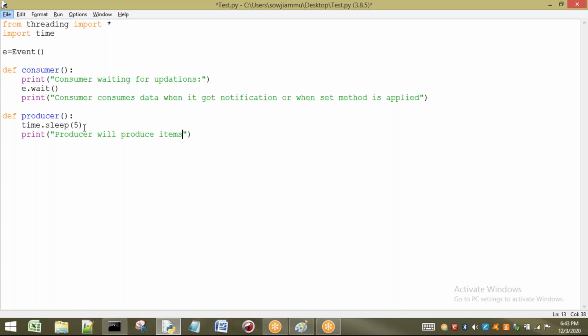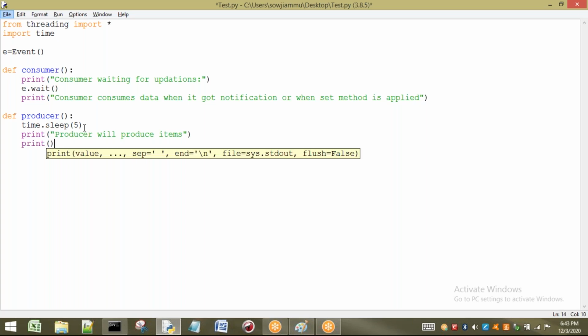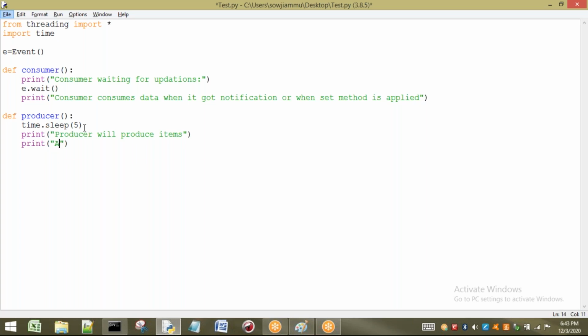After completing producing the items, what does it have to do? The producer has to give the notification. After producing, the producer has to set. Otherwise I'll say the producer has to give notification.